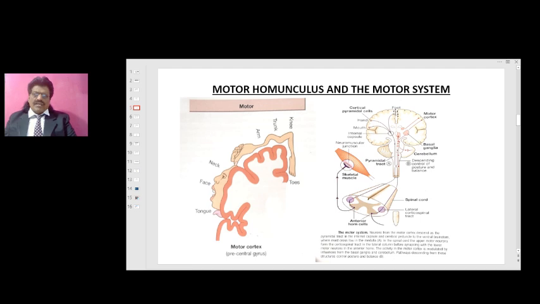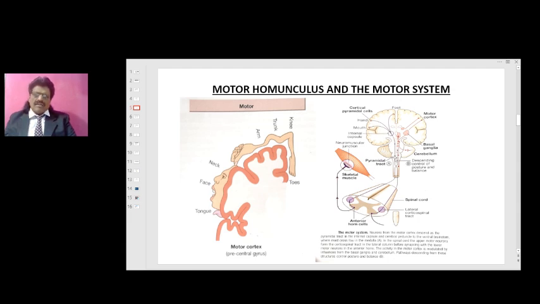So we have the foot in the medial aspect, we have the hand in the lateral aspect, we have the motor area on the lateral aspect. They all condense. This is the motor cortex. You can see here, this is the motor cortex. They all condense together. This is the corticospinal tract. They all condense together and get denser. At this level, this is known as the internal capsule. So a small lesion here will produce a dense hemiplegia